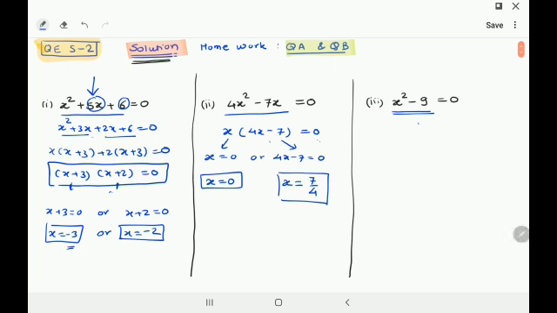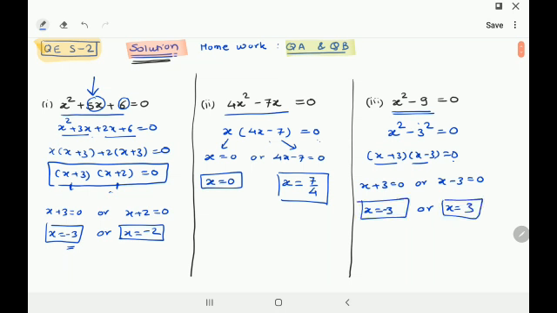So simple concept. It is looking like x square minus 3 square. So what is it then? It is x plus 3 and x minus 3 is equal to 0. Right? Correct. So I get again the product of two numbers is 0. What does it mean? x plus 3 is equal to 0 or x minus 3 is equal to 0. I get x is equal to minus 3 or x is equal to 3 and that's the answer. That's it. This is the quadratic equation you want to complete today. So simple concept, easy.